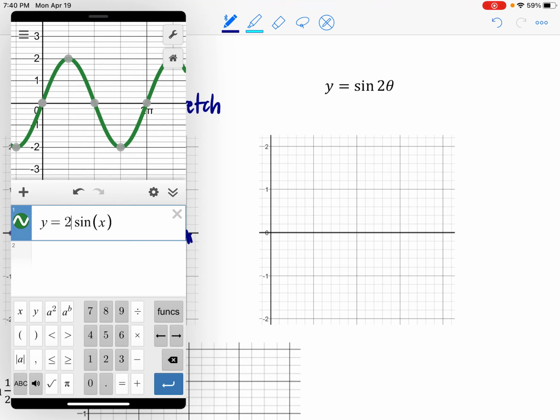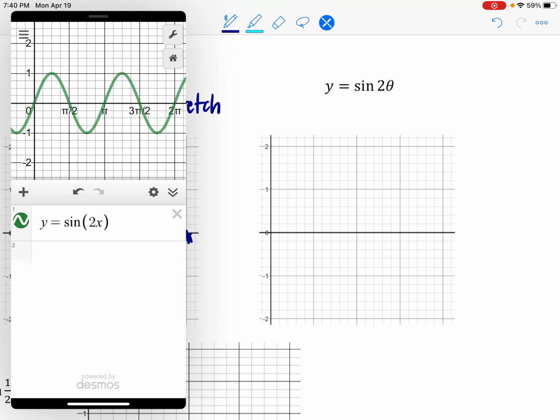So it could horizontally compress or stretch your graph. So let's look at what moving the 2 does. If I put 2 in here, what happens to that graph? Remember, we're looking from 0 to 2 pi. Now there are 2 cycles in there instead of 1. So this is a vertical, not a vertical, this is a horizontal